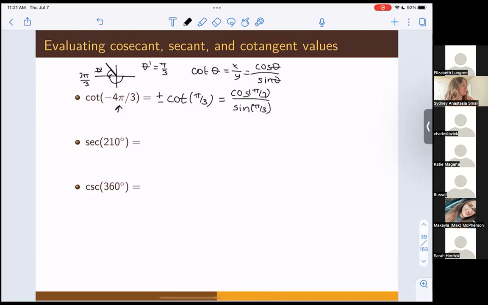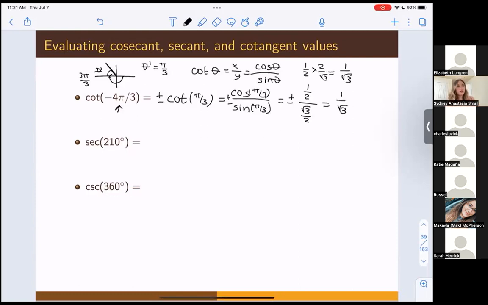And these are a couple of the first angles you will know from your unit circle and that you should be focusing on, because the first quadrant is extremely useful. I can't forget the plus or minus. So just from the unit circle alone, we know that the cosine of pi thirds is 1/2. And we know that the sine of pi thirds is √3/2. When we do fraction division, 1/2, invert and multiply 2 over √3, we get that this is 1 over √3,